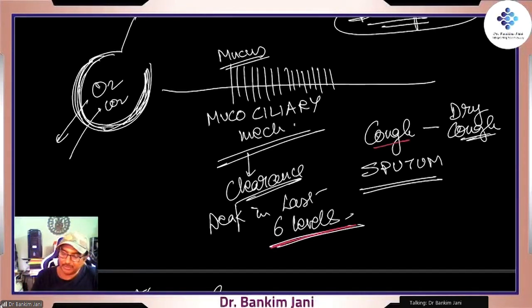So when we talk about the cough, that means this is khasi, right? Sputum is what really comes out. There is a difference, because patients say that yes, cough is coming out. When they say cough, actually what they mean is the sputum. So whenever you are writing the history, or reading any book, remember, cough is just khasi. Sputum is what comes out.